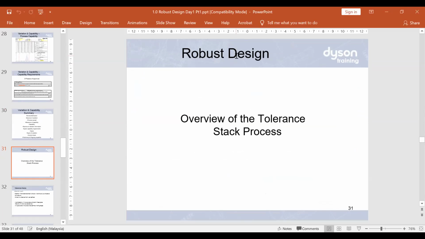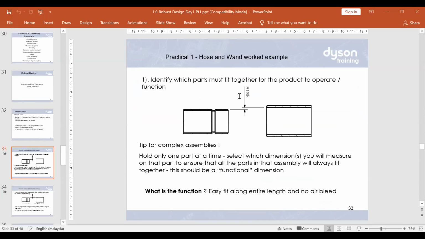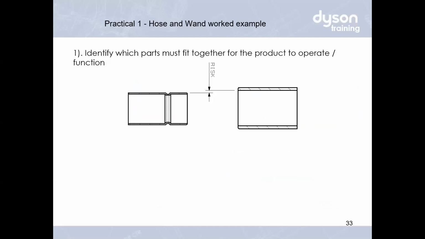Robust design, in my ex-company, we called it tolerance stack. Okay, tolerance stack. So we talk about system design, we talk about parameter design, and we're talking about tolerance design. What does it mean? You see,